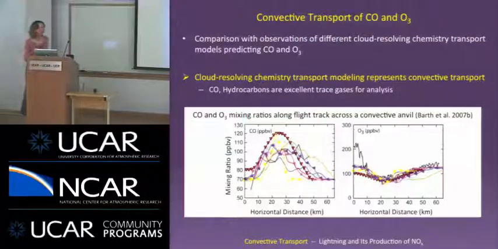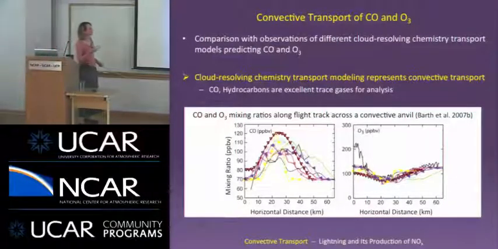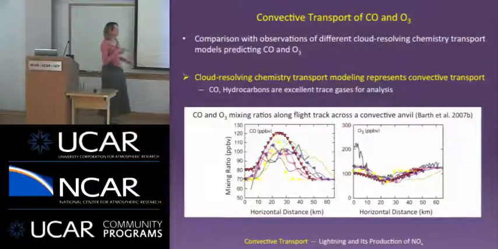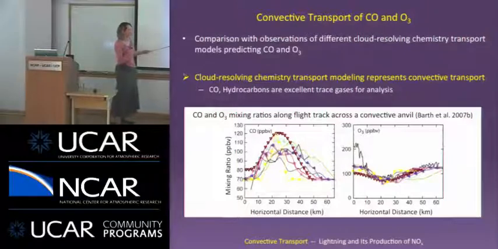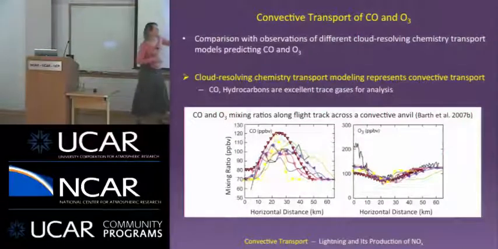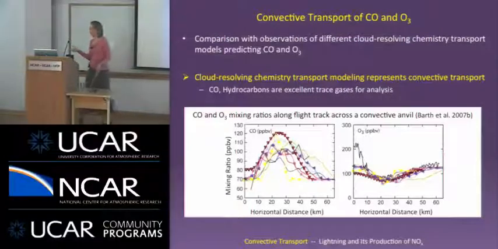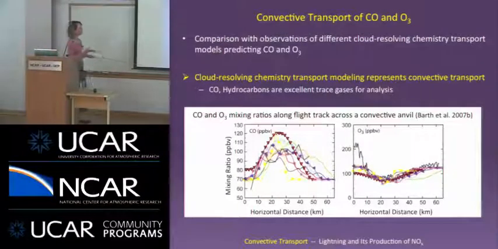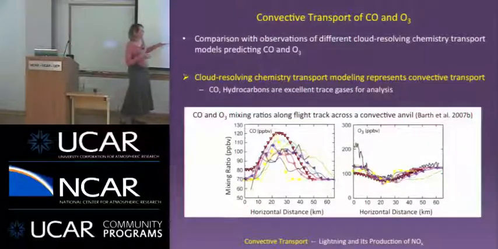And so shown here is a cloud modeling intercomparison of chemistry transport models. We're doing this at a cloud resolving scale, where we're simulating that 10th of July storm from STEREO, and we're comparing how well different models are predicting the carbon monoxide and ozone, which are both passive insoluble species, in the convective outflow region. So again, this is the flight track going across the anvil. We see CO increasing in the middle of the anvil,